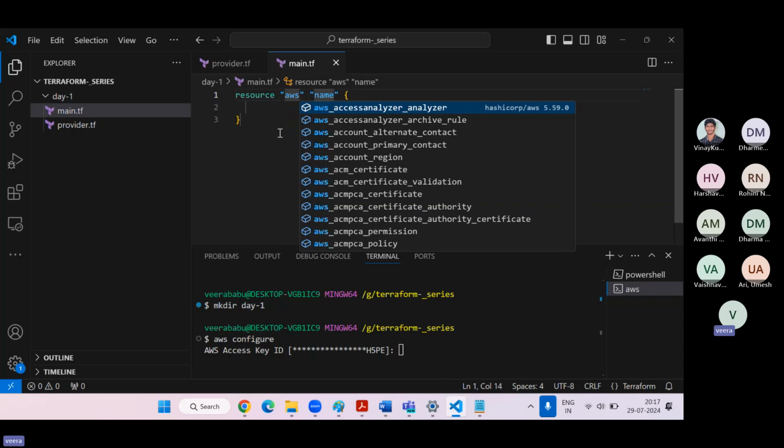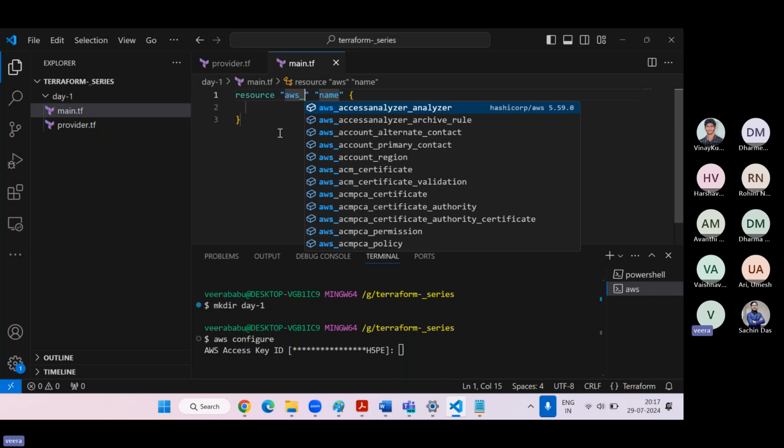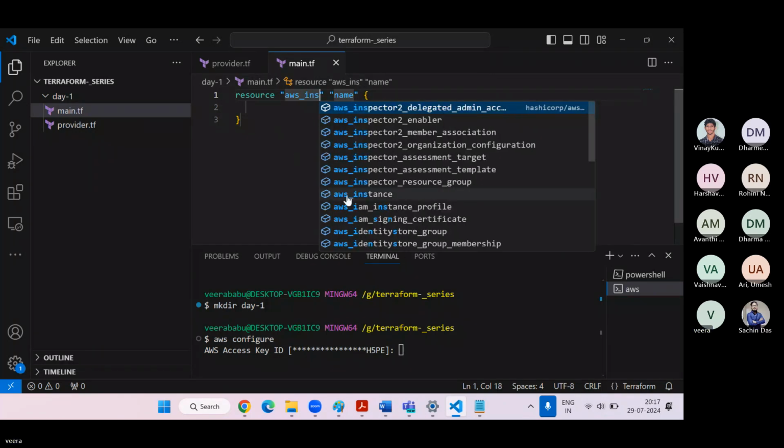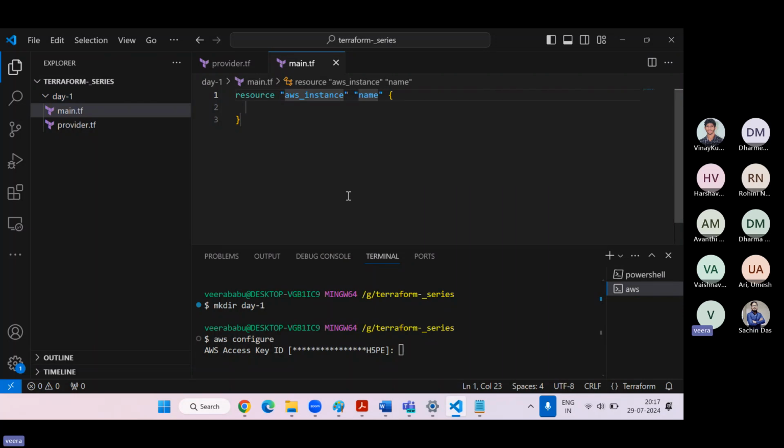If you are going to create any resource in AWS, first you have to write aws and underscore, and give instance here. That's it. And the name, I will tell you later what this name is. This is a local name, not the instance name. So here we have to start your arguments.